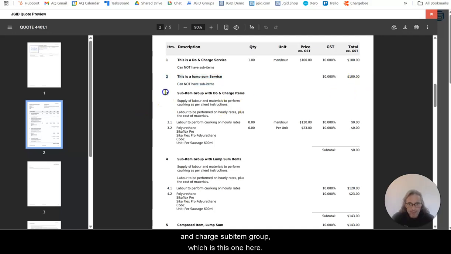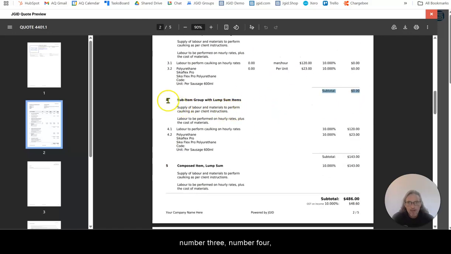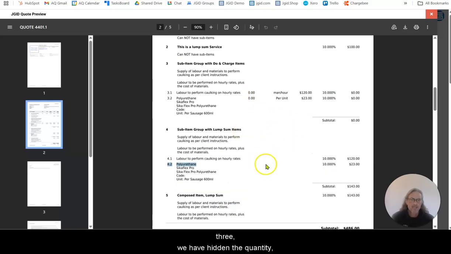When we have a do and charge sub-item group, which is this one here, you see we have a title, and now we have a number of sub-items with, again, a quantity, a unit, and a rate. And then at the end, we will have a subtotal for this group, number 3. Number 4, again, a sub-item group with a title, and then a 4.1 and a 4.2. However, this time, as you note, compared to item number 3, we have hidden the quantity, the unit, and the price per unit. We're just giving a fixed price for each line